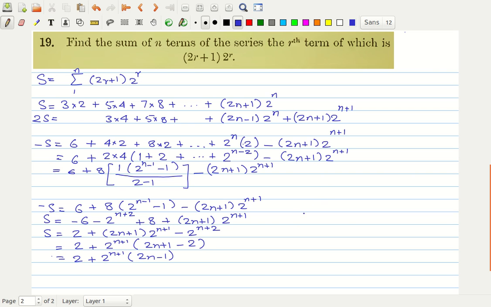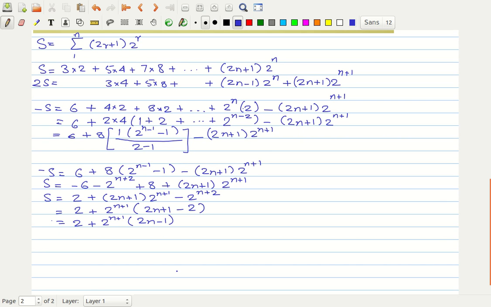Suppose n is equal to 1, then I get 2 plus 2 to the power 2, which is 4, times 2 minus 1, which is going to be 6. So you can see that at n is equal to 1, I get f is equal to 6,